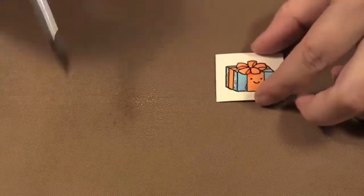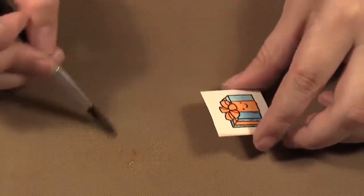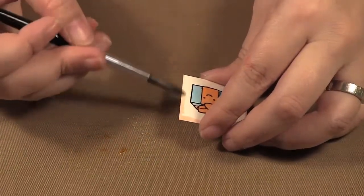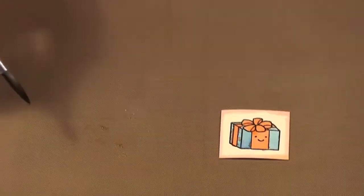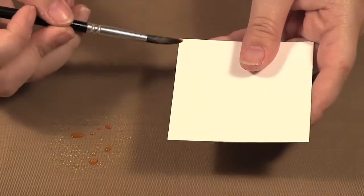Then what I do is I'm going to take it and I'm just going to put a little bit of orange around the outside, and this just once again adds a little border to my piece so it doesn't get lost once I add it to the card. Sort of like that. I'm going to put a little bit of orange down here because I'm going to do the same thing to my card. I'm going to spritz this, bring in my card. This is a little 3x3 card, so these are cute. You can add to presents or...